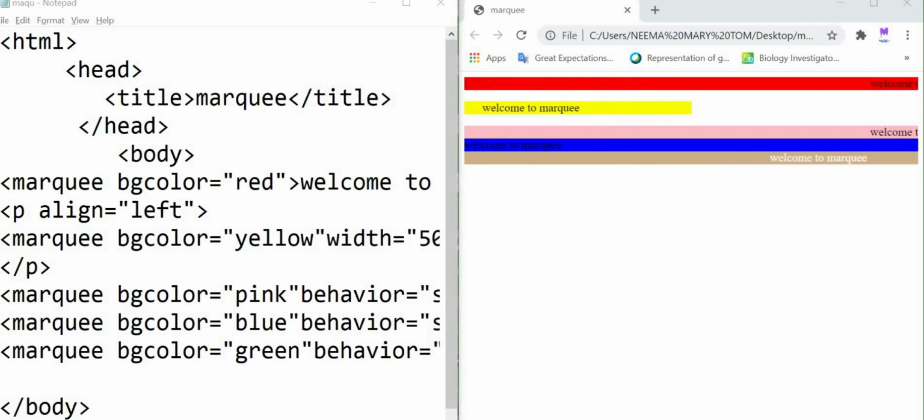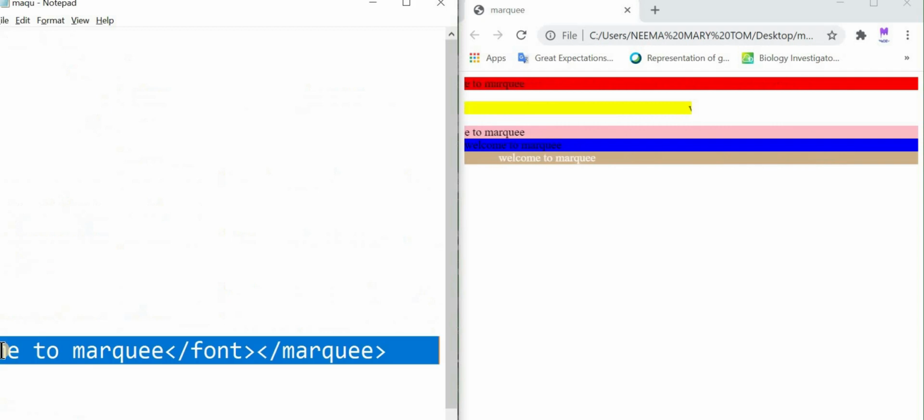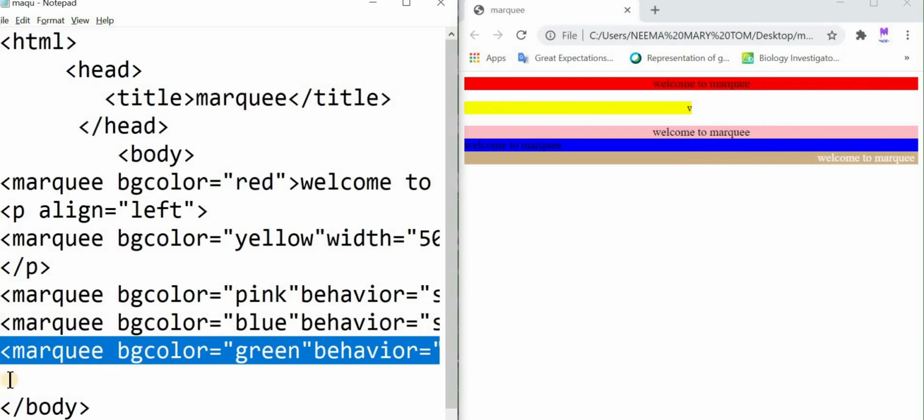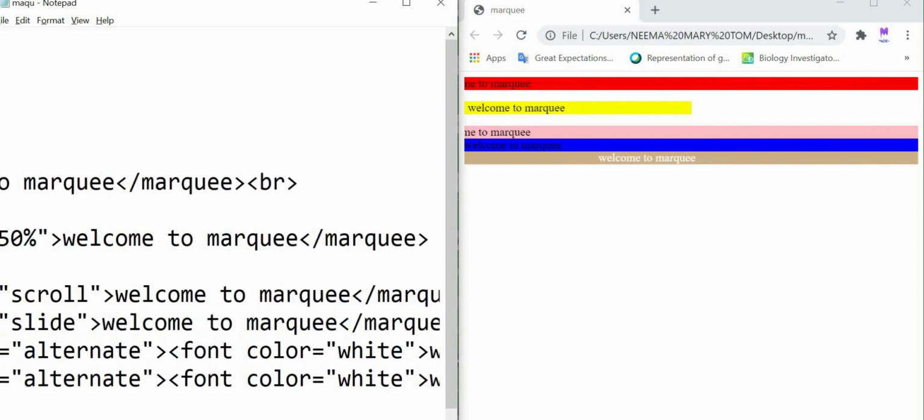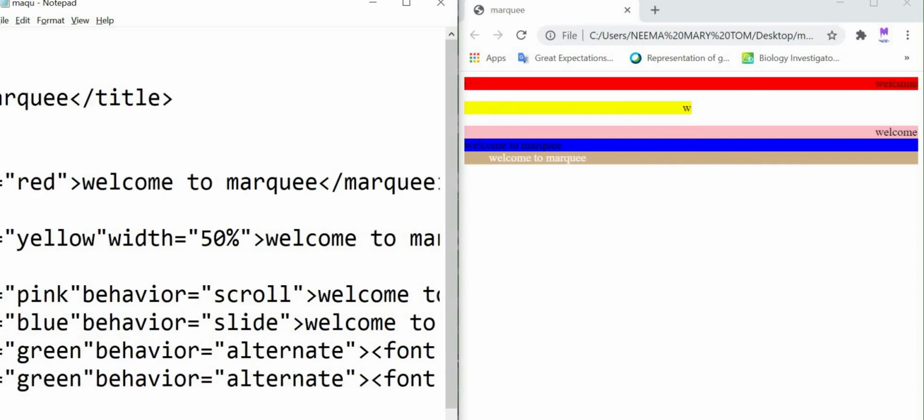Now let's learn another attribute of Marquee, that is direction attribute. So for that I am again copying this one from here and pasting that here, and we can give that attribute after the behavior, that is direction attribute.